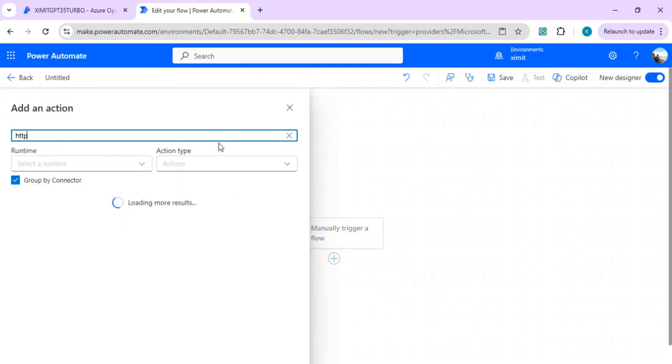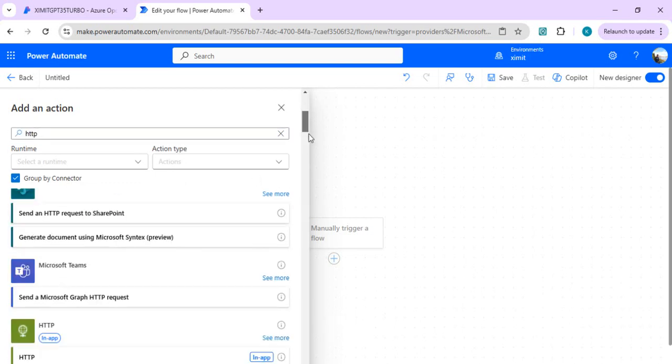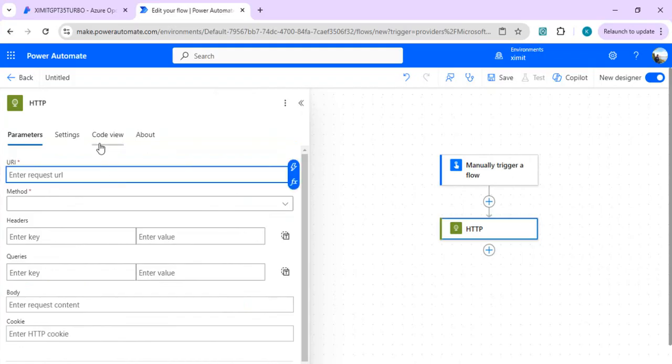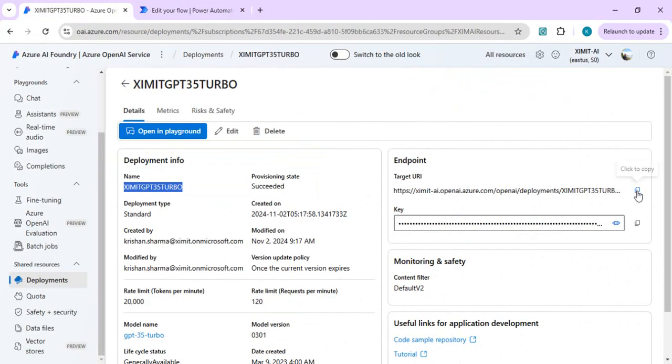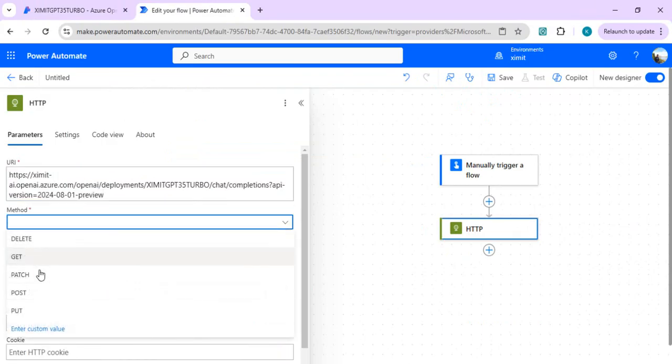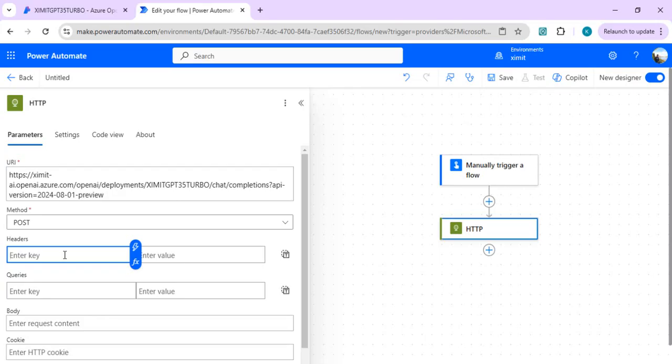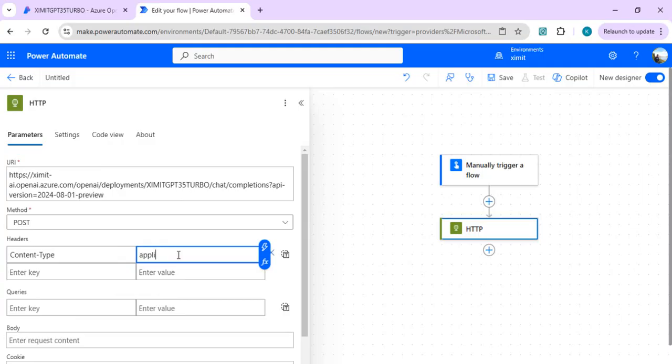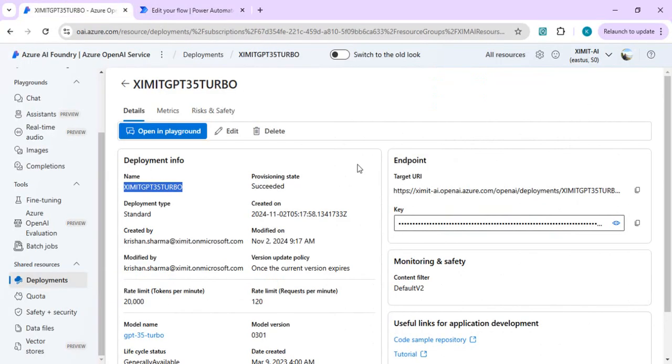and we are going to use this HTTP request to call that endpoint. And in the URI, as I said, we'll be copying the end-to-end URI, and the method is the POST method. The header contents would be Content-Type as application/json, as we are expecting the request and response in JSON. And over here, for the key, we have to specify our API key, and we are going to copy the API key from here and paste it,